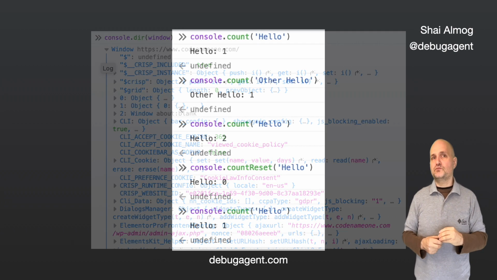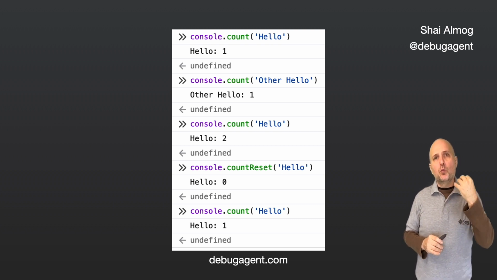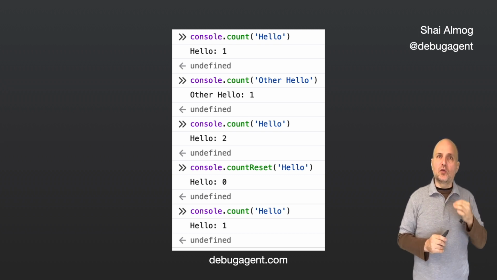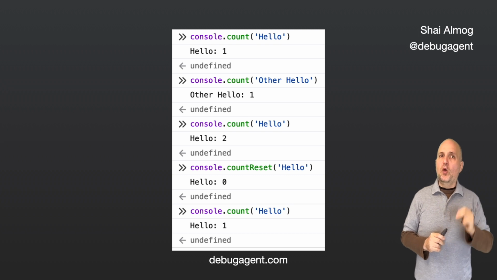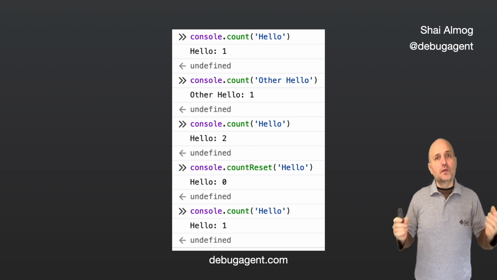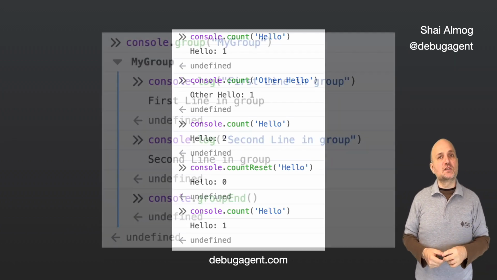Counters are an important debugging tool. We often want to know the number of times a method was invoked or a line of code was reached. This is such a common use case, it's coded into the console API. With console.count, we can increment an arbitrary number every time that line is reached. The current count is printed to the console. We can also use console.countReset to reset the counter back to 0. This lets us verify that an API isn't reached too often and validate assumptions.